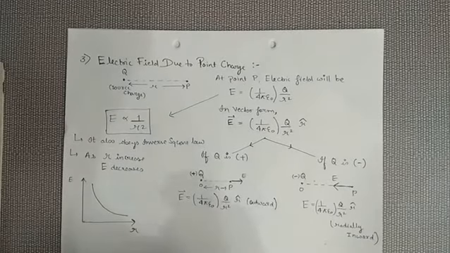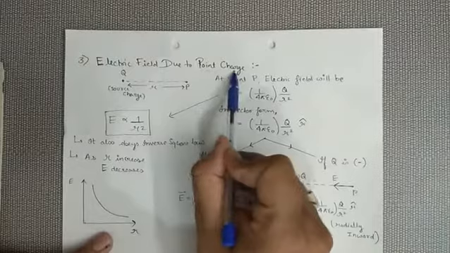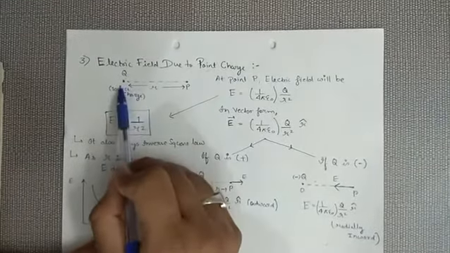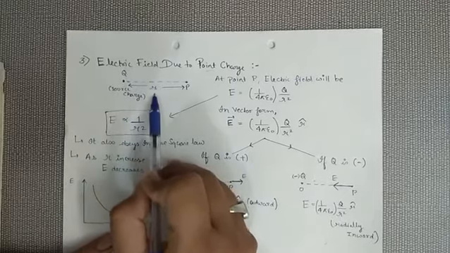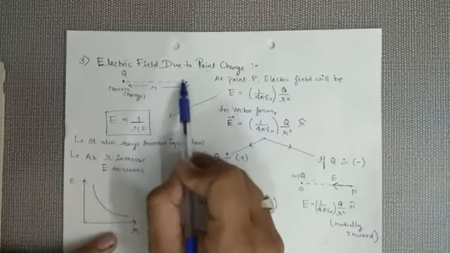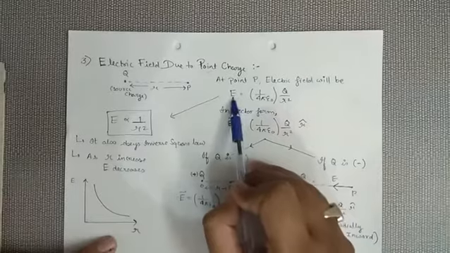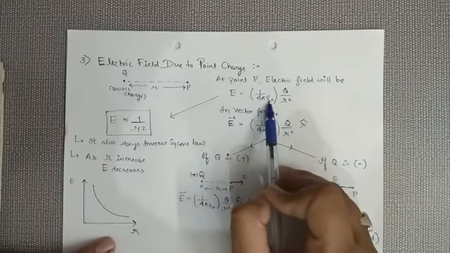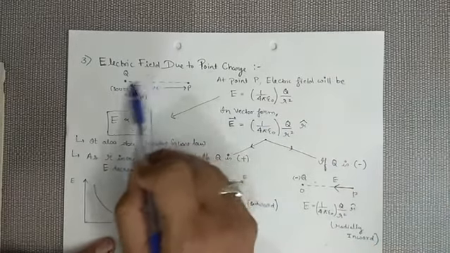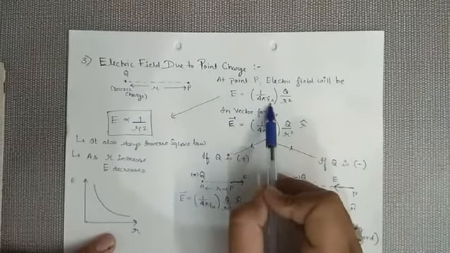On moving further, we also studied the electric field due to a point charge, that is a single charge. What will be the electric field that a single charge can produce? This is our source charge, and at a distance of r, this is point P. I have to find the electric field at this point. Then the electric field at this point is given as E equals 1 upon 4 pi epsilon naught times Q by r square. Epsilon naught is here because right now air is the medium. If any other medium is there, then we can replace it with epsilon.